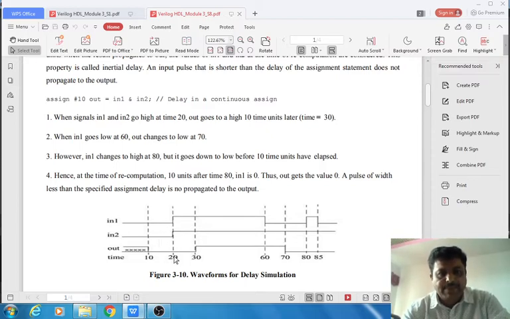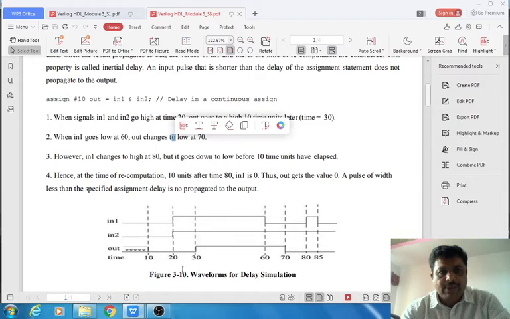When the simulation time reaches 20 nanosecond, the output goes high after 10 nanosecond. I am assuming the 10 should be nanosecond. So the output goes high after 10 time units, that is 10 nanosecond, 20 plus 10, 30 nanosecond. Because the statement is assign #10 out is equal to in1 logical and with in2.